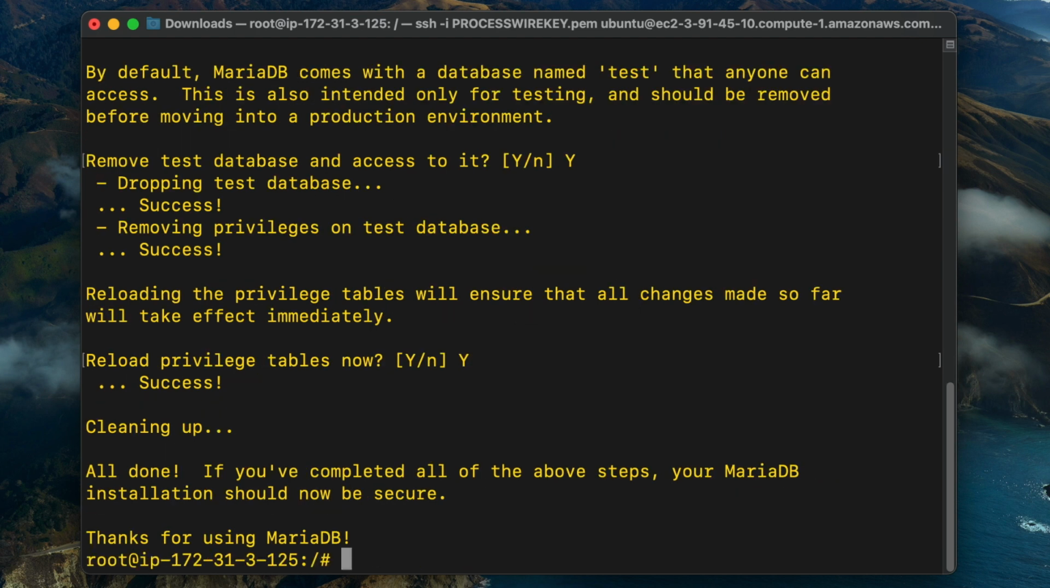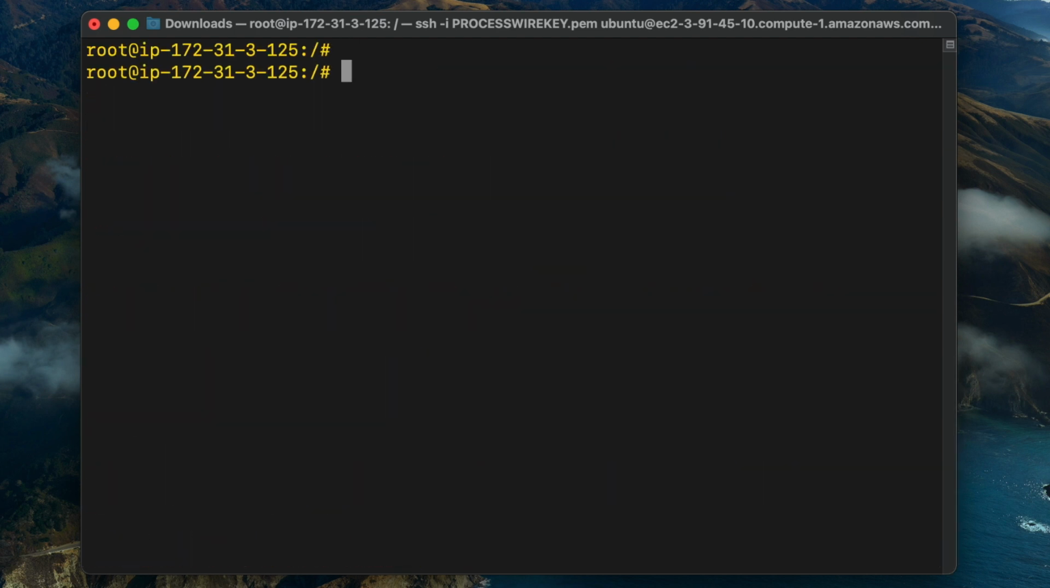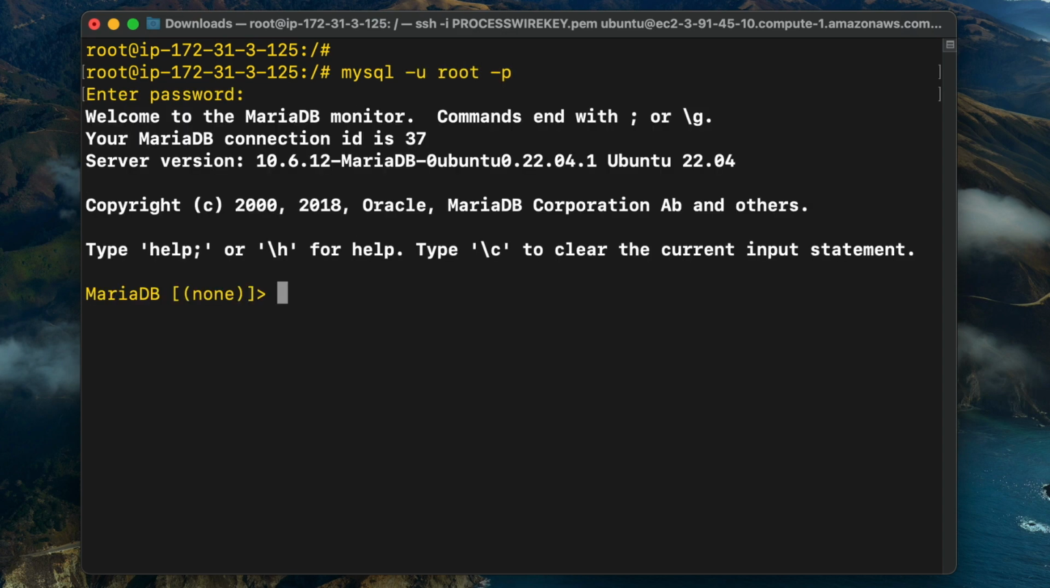So respond to each question as I have done, and then type in the command mysql -u root -p. When you press enter, type in your MySQL password, and you should now be connected to the MariaDB shell. Type in the command create database, and then